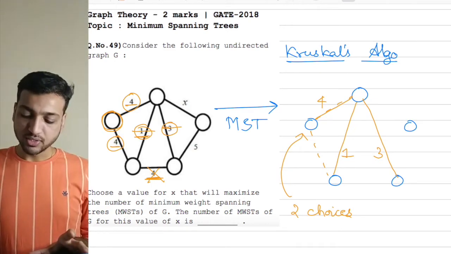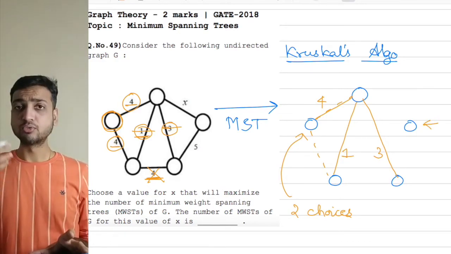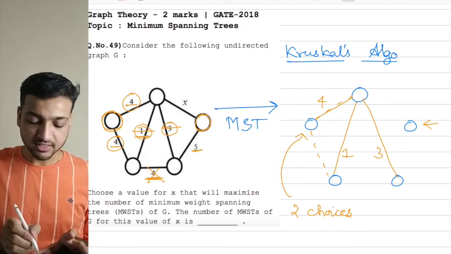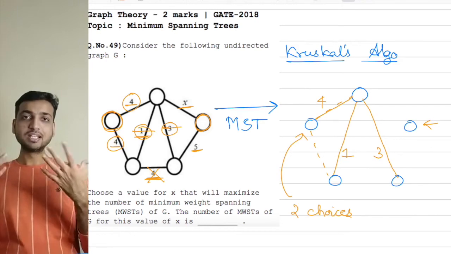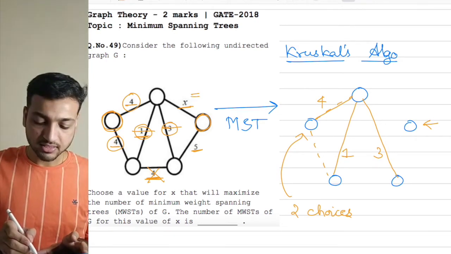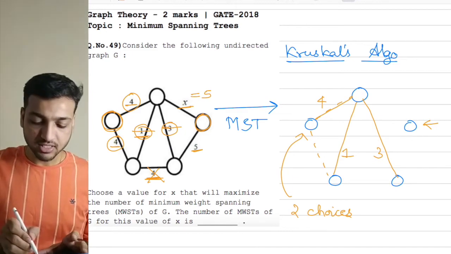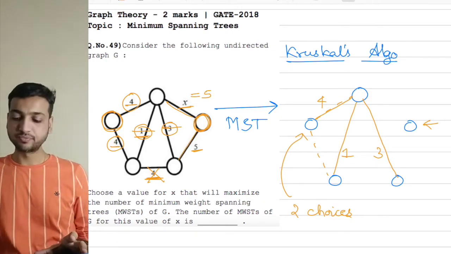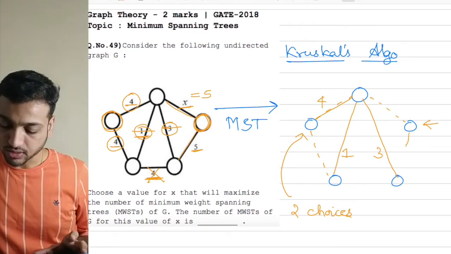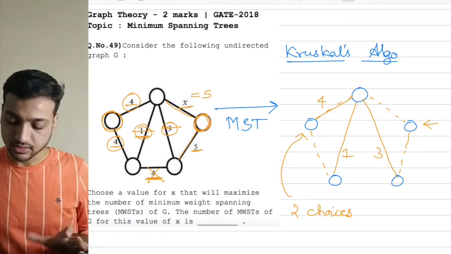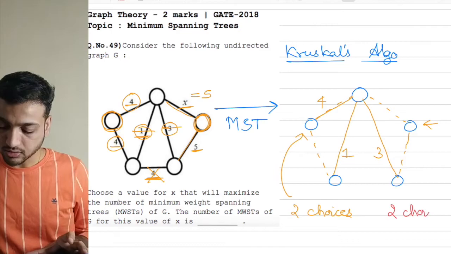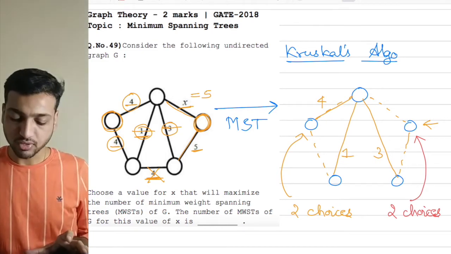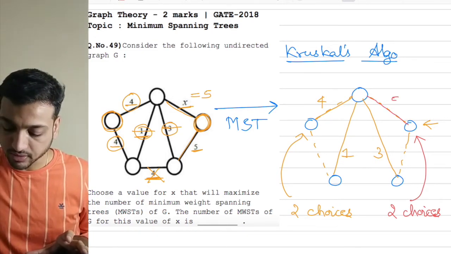Now as you can see, there is only one vertex remaining which has to be included into the MST. Again, to include this vertex, we can either take this edge or this edge. Now if you want to increase the number of choices, we are going to keep this x equal to 5. If x is equal to 5, then again to include this vertex, I can choose either this edge or this edge. So let me again make a dotted line here. Let me use a different color. So here I'm going to have again 2 choices to include this edge into the minimum spanning tree. So I'll randomly choose this one, and I'll make this 5.